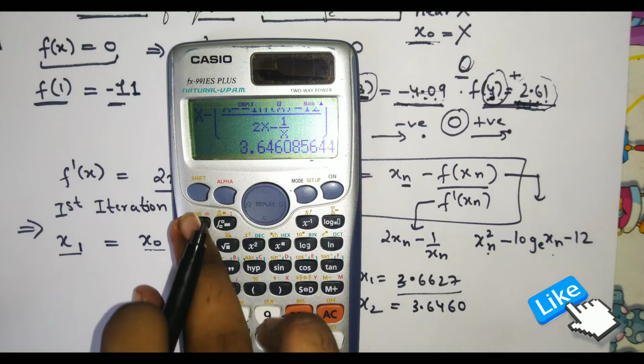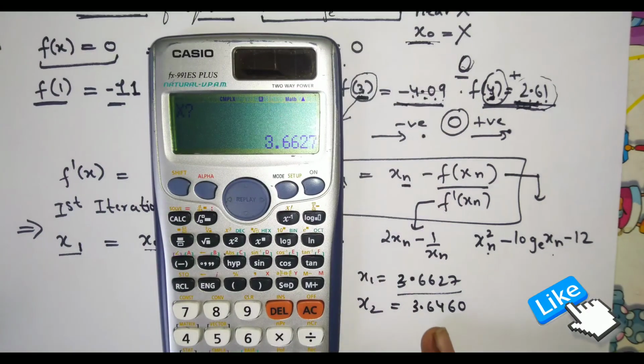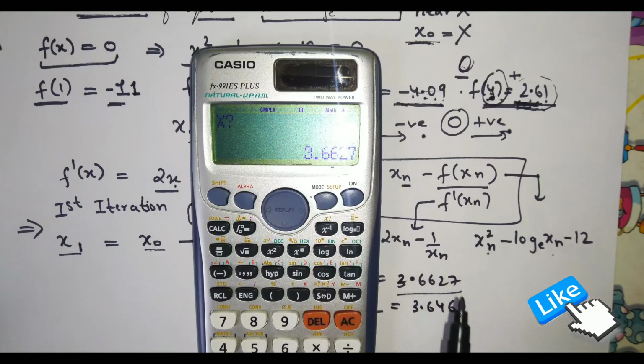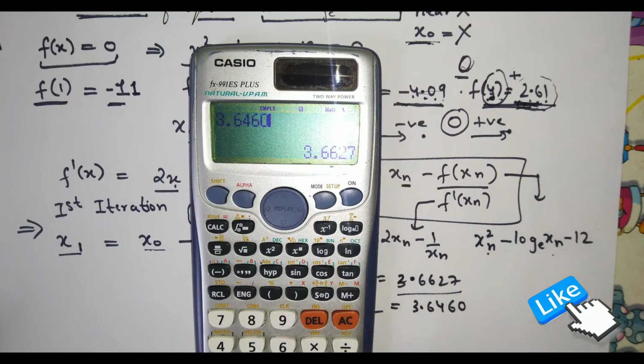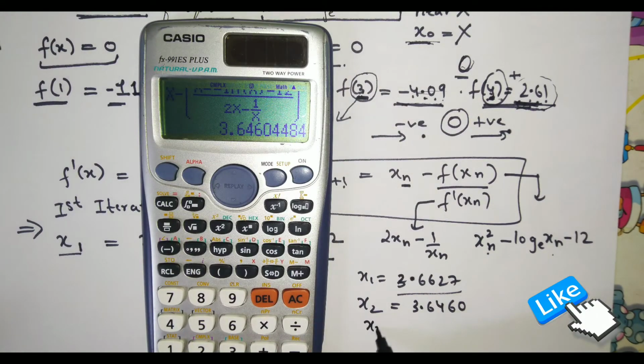Again you press calculate. Next you have to give the x2 value. So first we give the x0 value, then the x1 value, then the x2 value. They are asking for x, so you give 3.6460, and again I'm getting the x3 value as